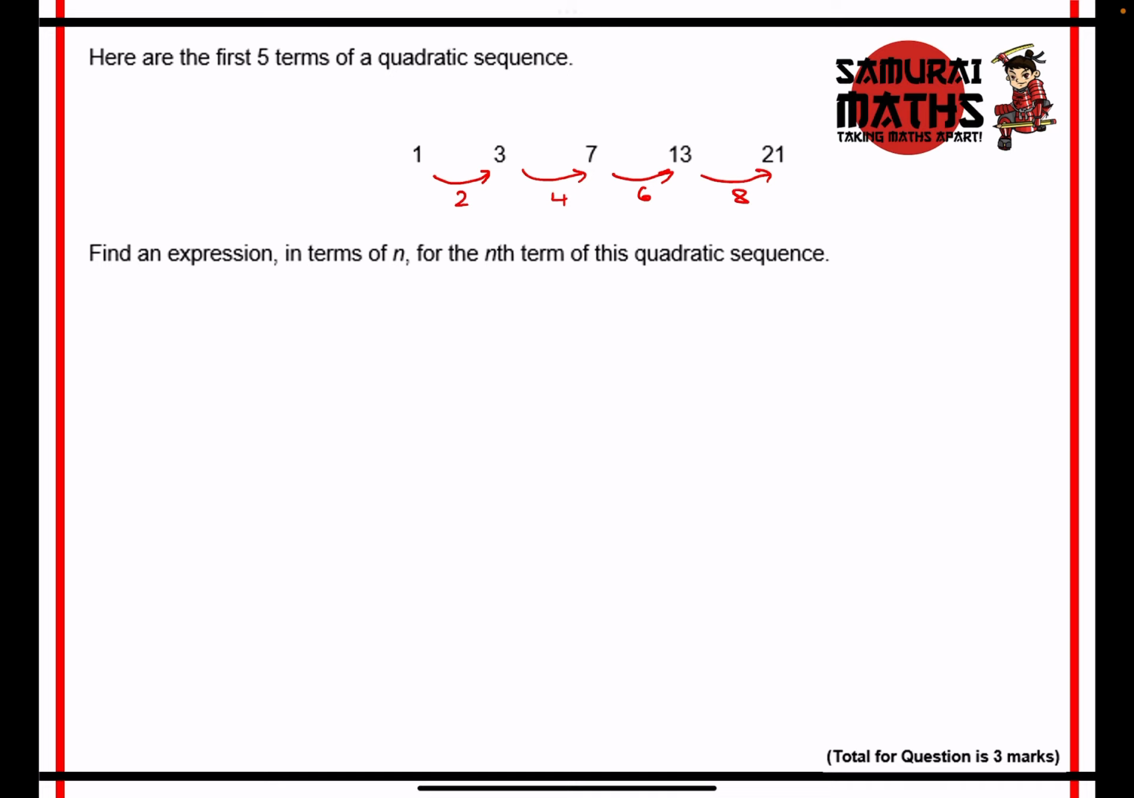So as you can see, that is the difference between linear and quadratic sequences. In quadratic sequences, the first difference is not always the same. And that's why we have to go into the second difference. And as soon as you've calculated the second difference, which in this case is 2,